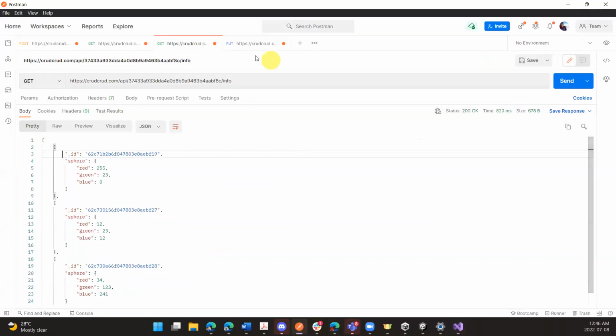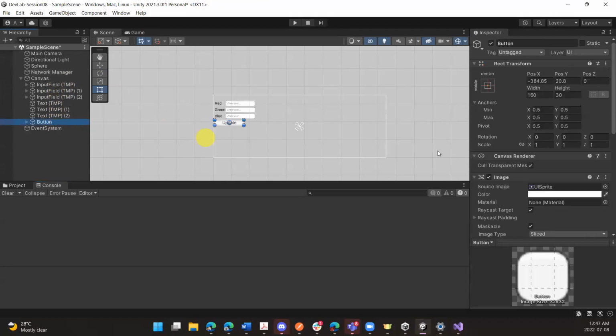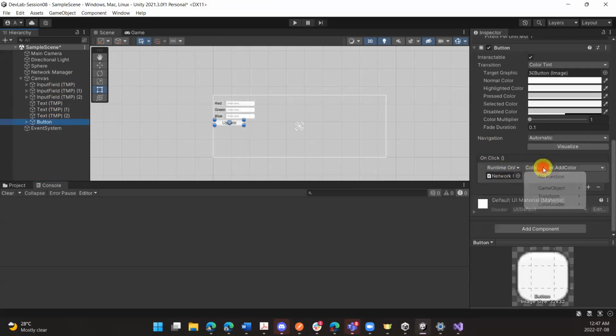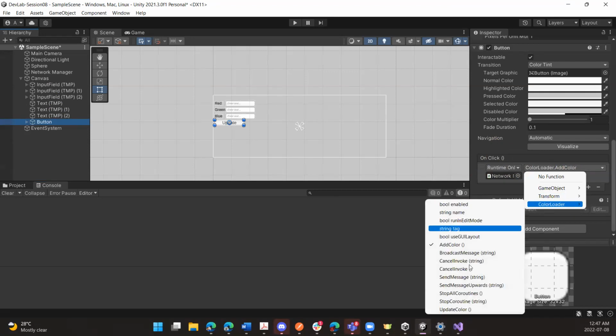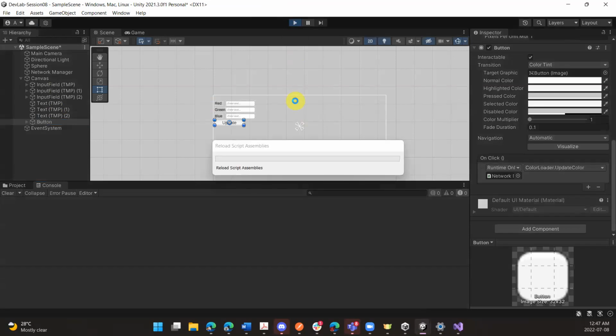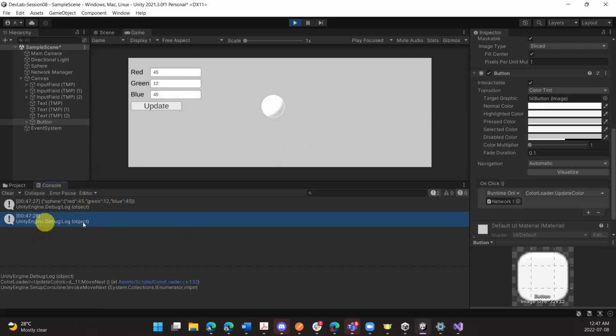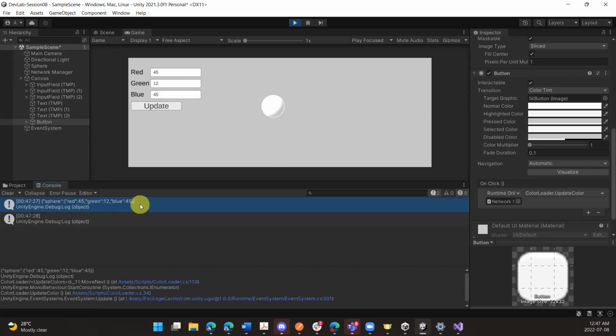Okay, so right now you can see that if I get the value only, it's 34, 213. Sorry, this is the new update, 255, 23, and 0. Let's see whether we can change it. I'm going to change the method of this. Before it used to be add color. Now this is going to be update color. Okay, I'm going to click play. 45, 12, again 45, and update. And there you go. So you do not get any value back,